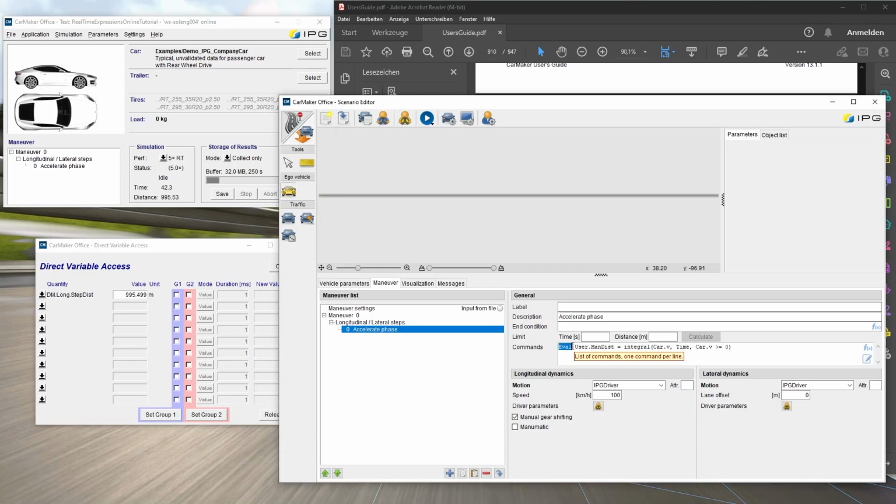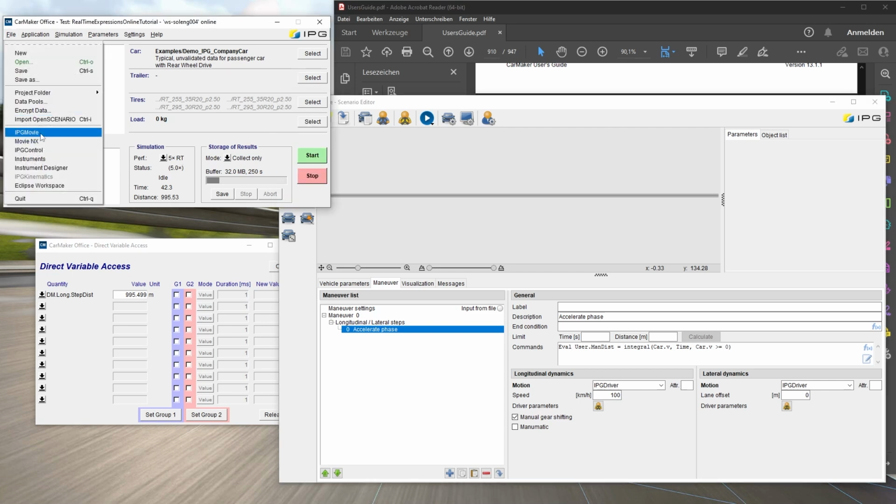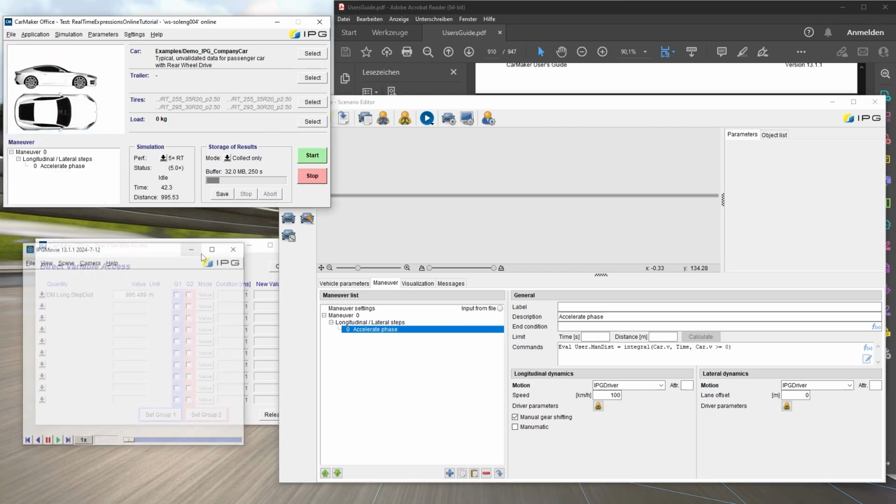Eval is required to tell the simulation that the following line should be handled as a real-time expression and not as a mini-maneuver comment as expected. Now that I have set up everything, we can start the simulation. I will let it run with 5 times real-time and open IPGMovie to visualize the result.